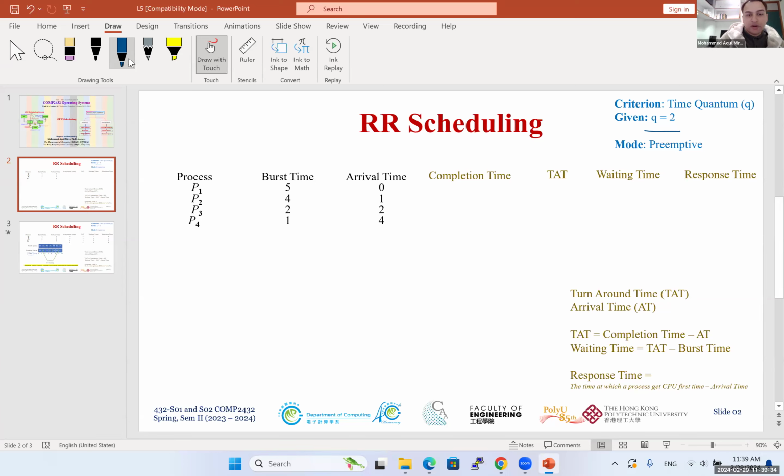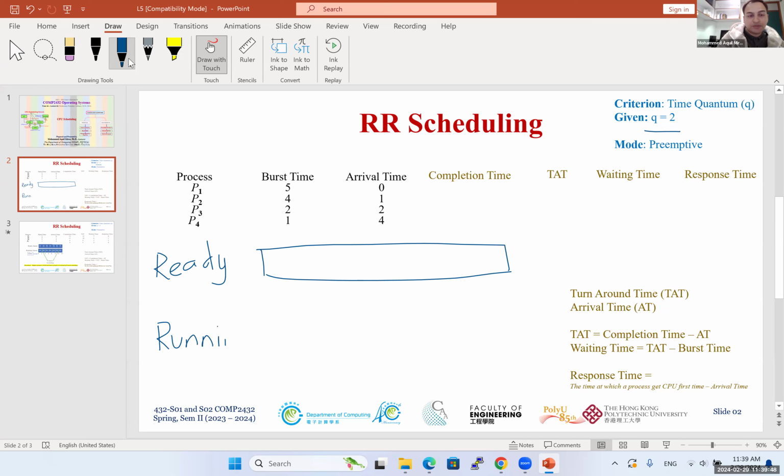So let's see how it works. In round robin, what I suggest is that you always maintain 2 different queues for convenience. One queue is the ready queue, and the other is the running queue. Now, if you see in the ready queue,